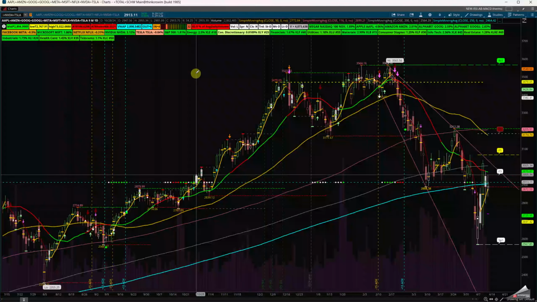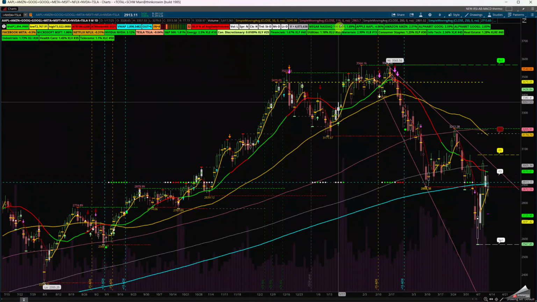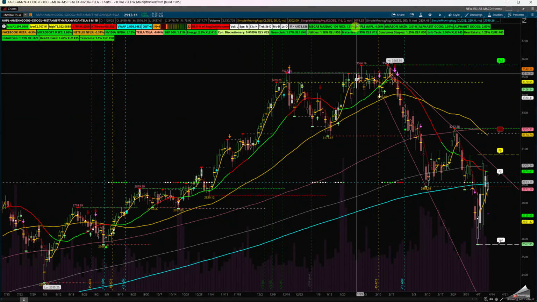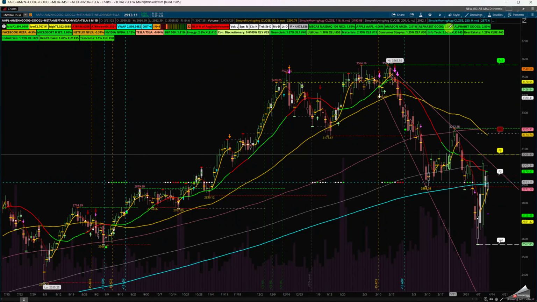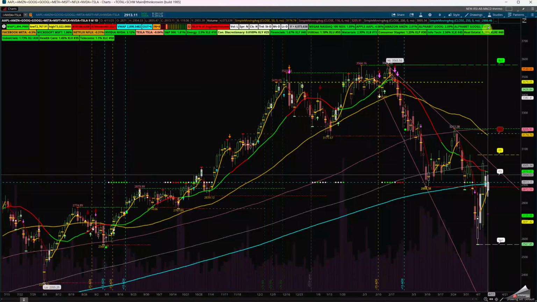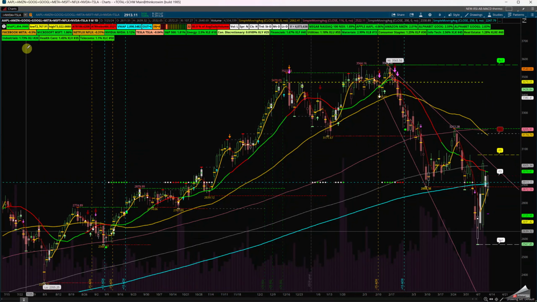I added Netflix in there, and you can see that the Nasdaq 100 had 1.89%, Apple 4%, Amazon 2, Alphabet was 2.5, Google L was 2.83, Facebook was down, Microsoft was 1.8, Netflix was a little bit down, Nvidia was up, and Tesla was a little bit down.